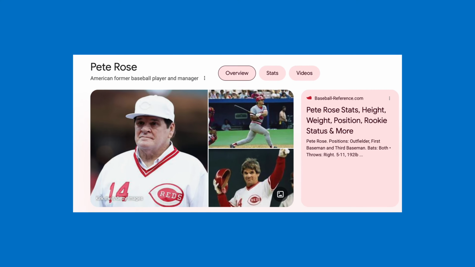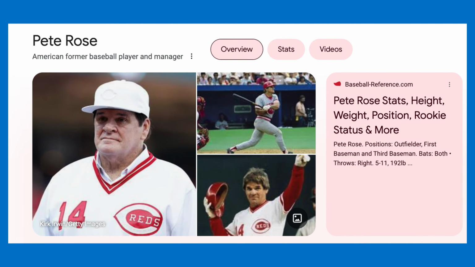Do you know who Pete Rose is? If you're in the United States and you're a sports fan, you may know who Pete Rose is. You don't even need to be a baseball fan in order to know who he is. Because I'm British, I have no idea how baseball works. No idea. I've been to a game, but I didn't get it. But what's interesting about Pete Rose is he's top 10 of all time for runs scored when it comes to baseball. But when you look at Pete Rose for home runs, he's not even in the top 300.